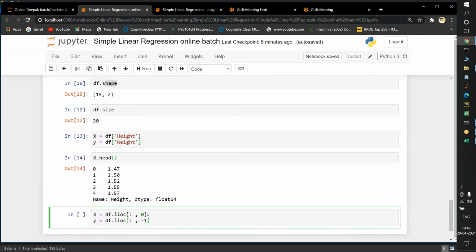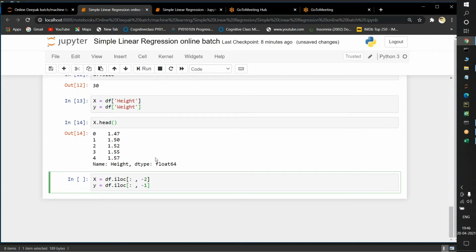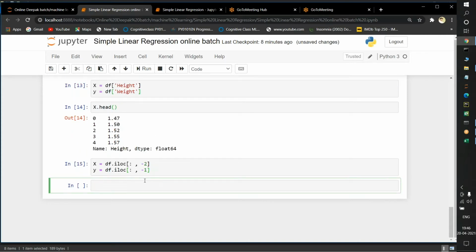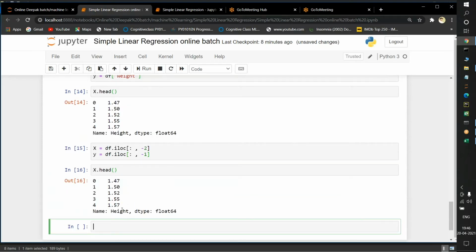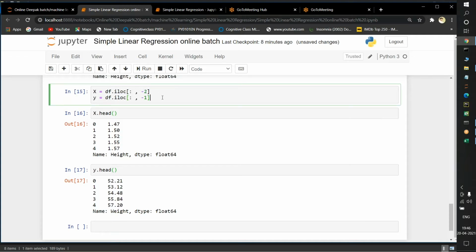I am not very familiar with the iloc function, that's why I use this process. If I execute it and check x.head, it is correct, and y.head shows weight. Our logic in the iloc function is correct.